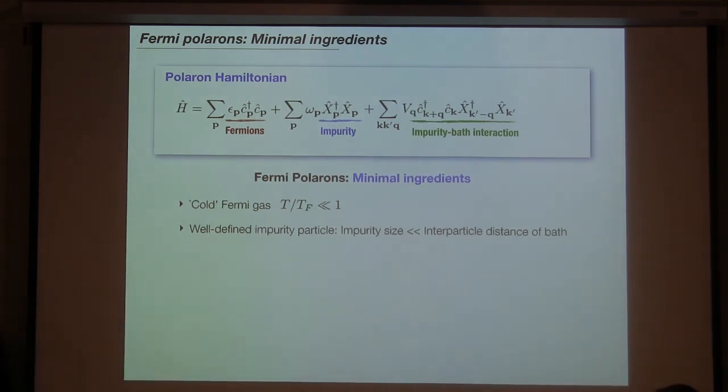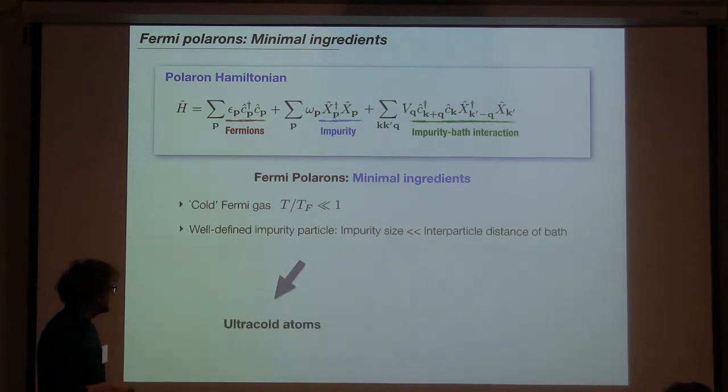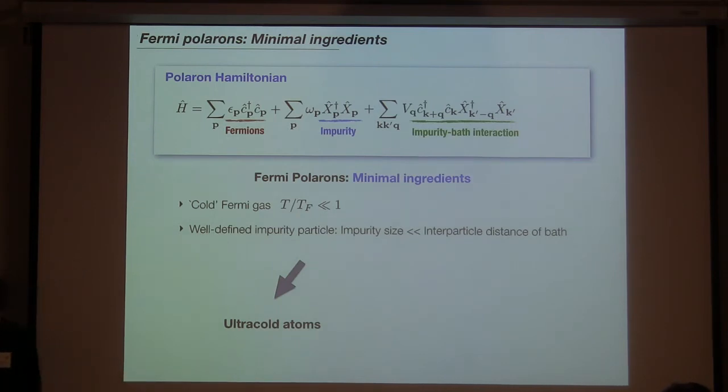In cold atoms, as was discussed yesterday by Emmanuel, this is also the reason why the time scales are so slow. It's really dilute gases. Particles are super far from each other, thousands of nanometers. And the atoms, how big are they? Probably half a nanometer. Less, like 9 times 10 to the minus 10. So in cold atoms, this is very well satisfied.